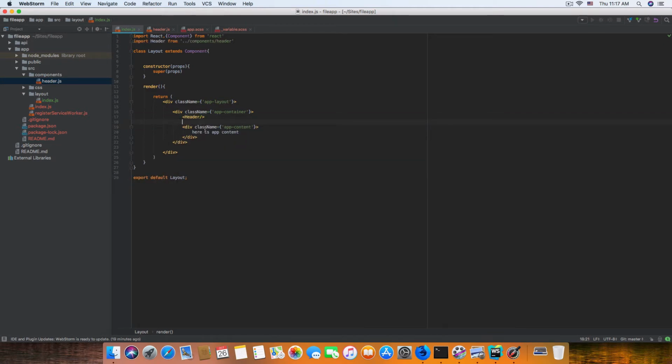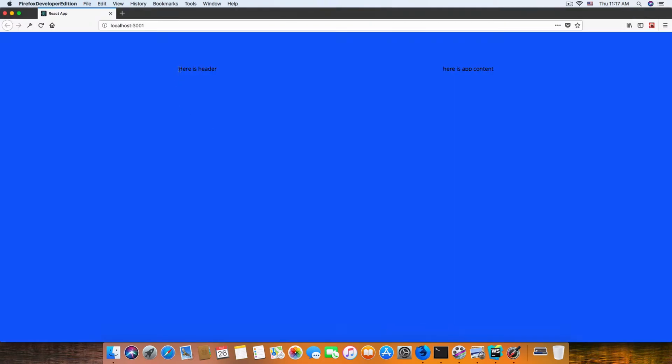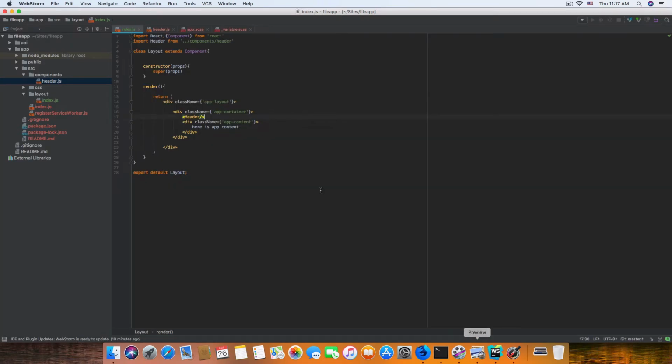Okay, and content, and here is the content. Now you can see it in the browser. Okay, here is a header. Alright, so creating components is very helpful for us to split the code into other files and make it easy to read. Okay, so now inside the header file,